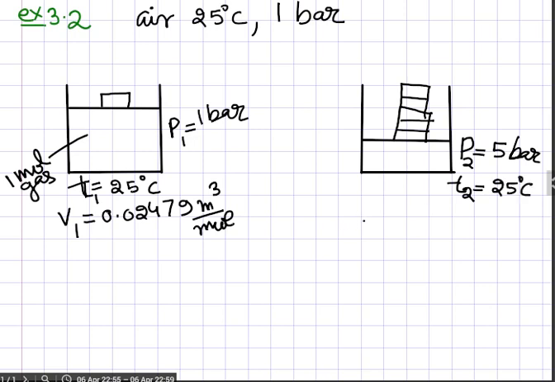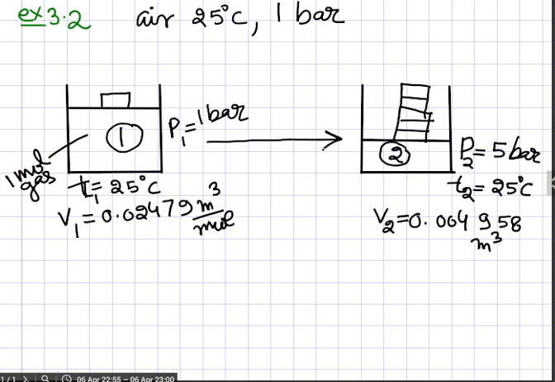and volume you can actually calculate yourself, but for the sake of simplicity I am giving you the volume so that the problem does not become complex. Meter cube of 1 mole gas. So all the properties are known here, and you can define this state 1. So in this way you will become familiar with the language used in thermodynamics, and this is called a state change. By compressing the gas you are making the state change.